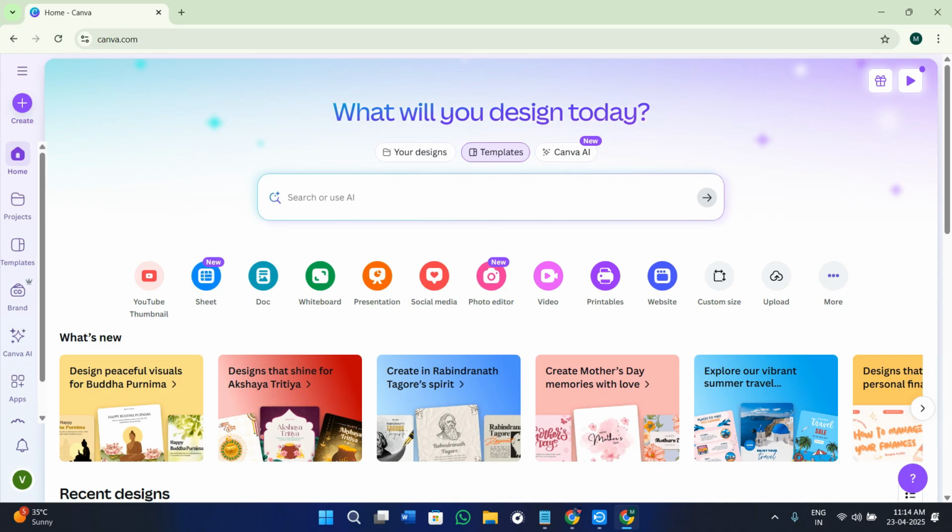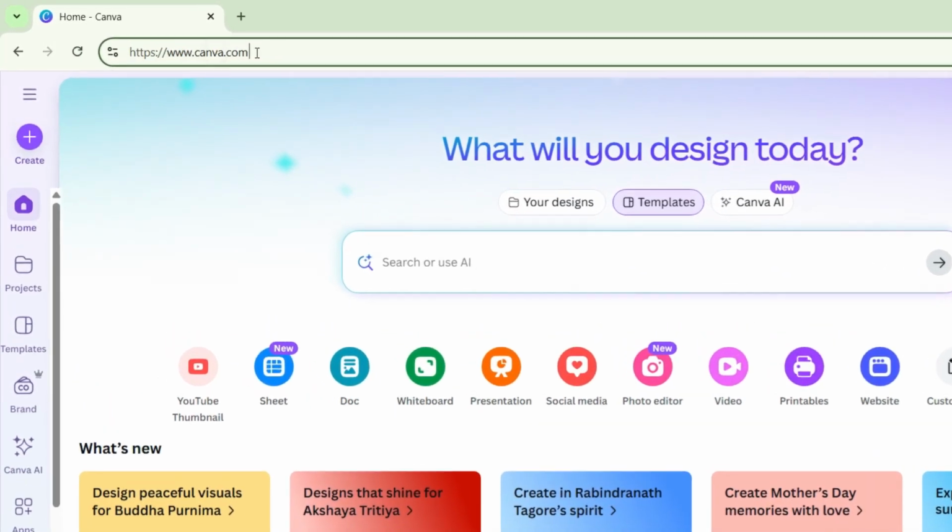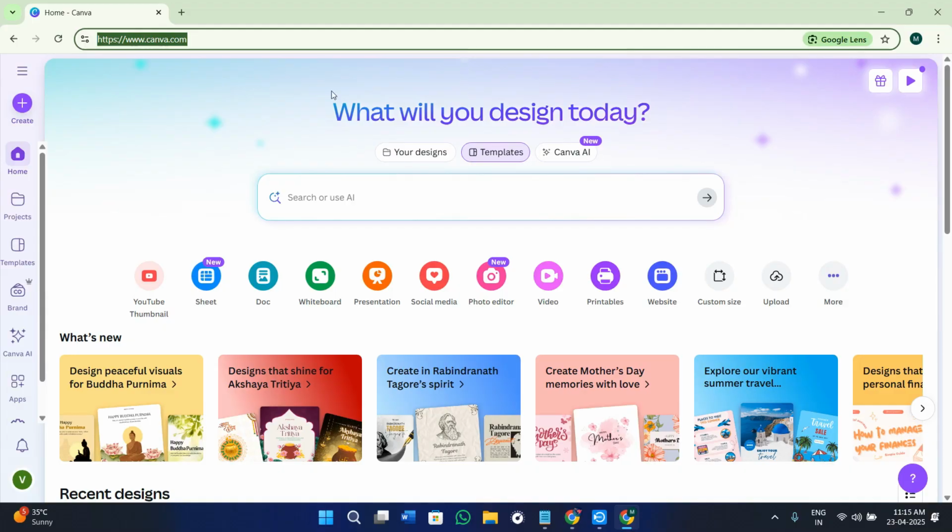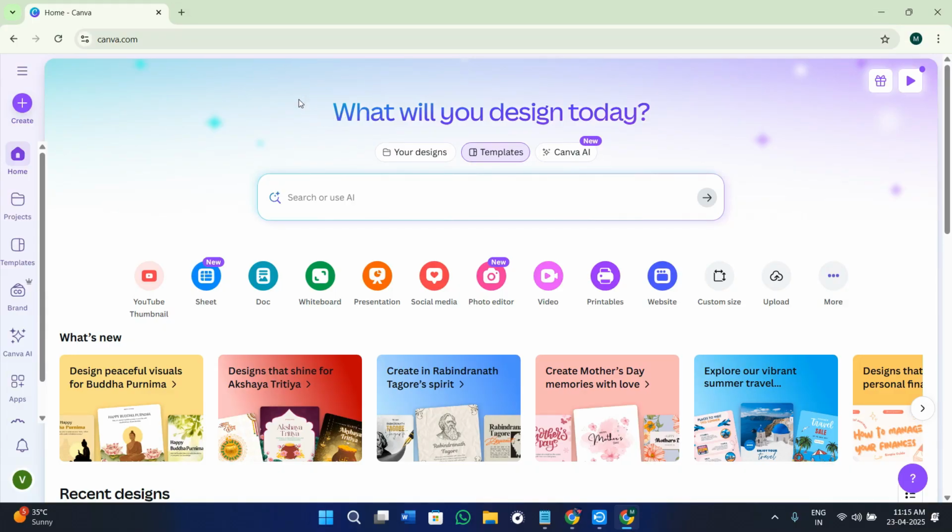First of all, you will have to simply open your web browser, and here in the search bar you need to search for canva.com. Now once you are on canva.com, you need to make sure that you are logged into your account. In order to create a QR code, you don't need to actually have Canva Premium. You can also create this design with the help of Canva's free version. Now if you want to use Canva's mobile application, it works the same way. You will have to just download the app and log in to your account,